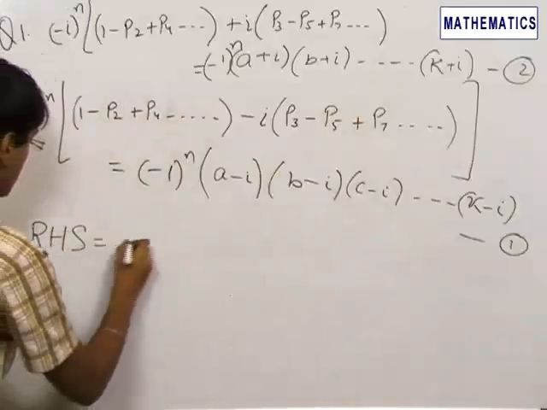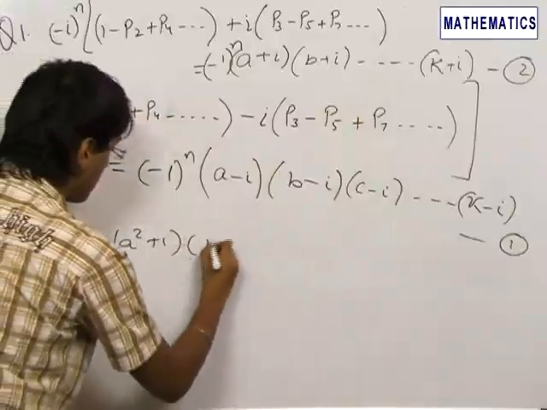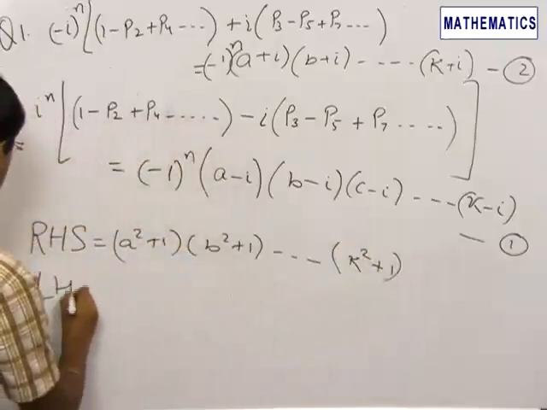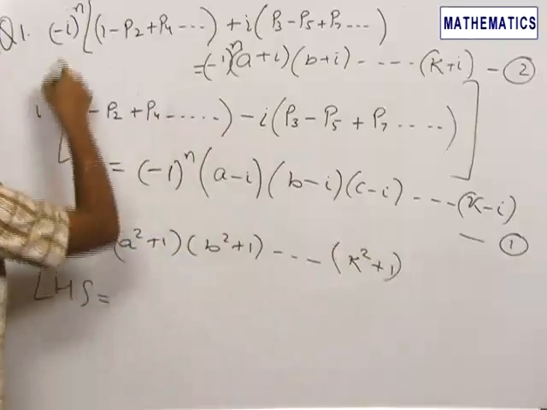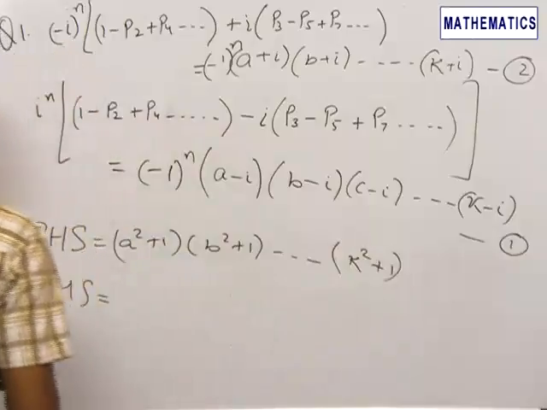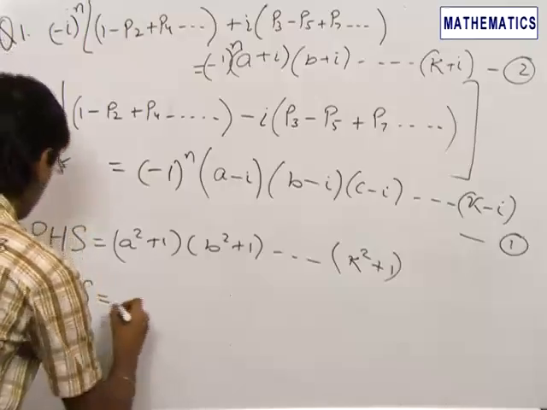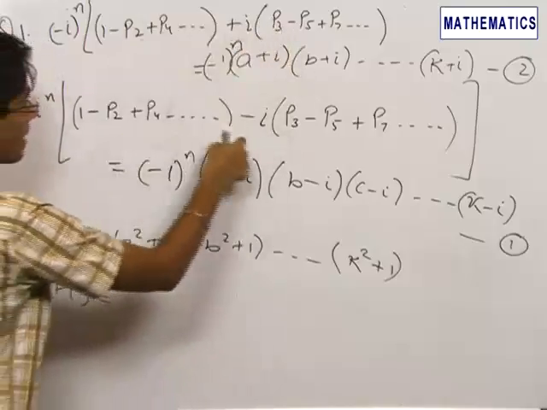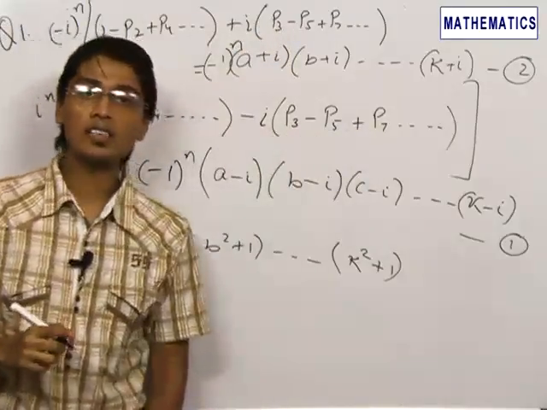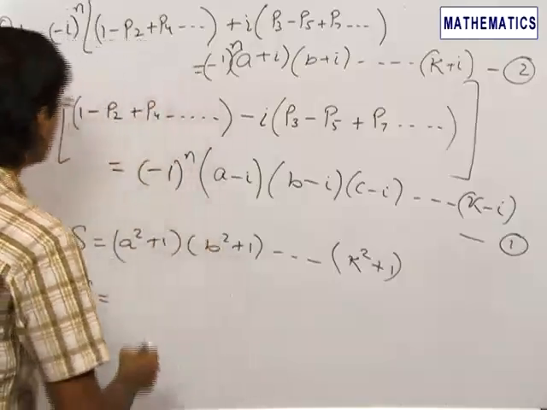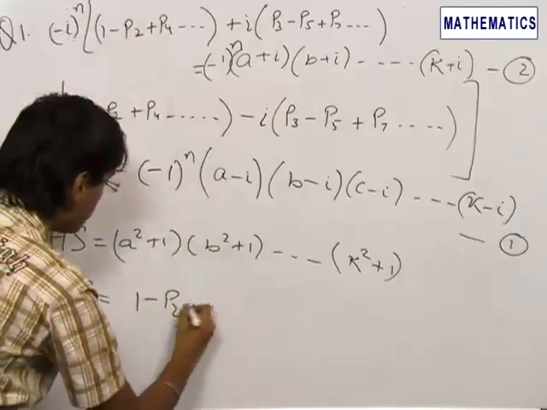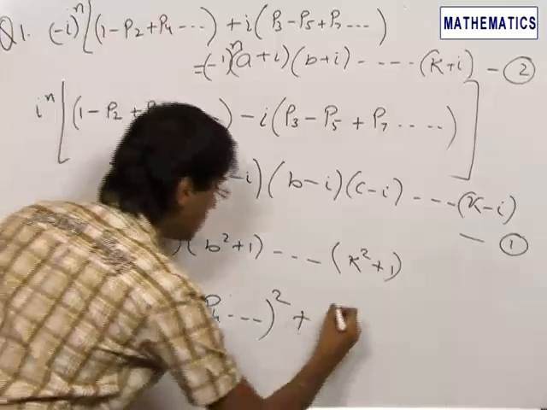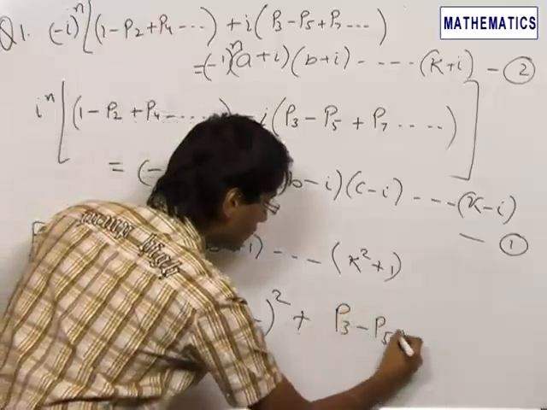The right hand side will become a square plus 1, b square plus 1 up till k square plus 1, and the left hand side of the expression, this becomes iota power n into minus iota power n. When these two get multiplied, and here we have a plus iota b and here we have a minus iota b, so this becomes a square minus iota square b square, which is a square plus b square. So this becomes 1 minus p2 plus p4 whole square plus p3 minus p5 plus p7